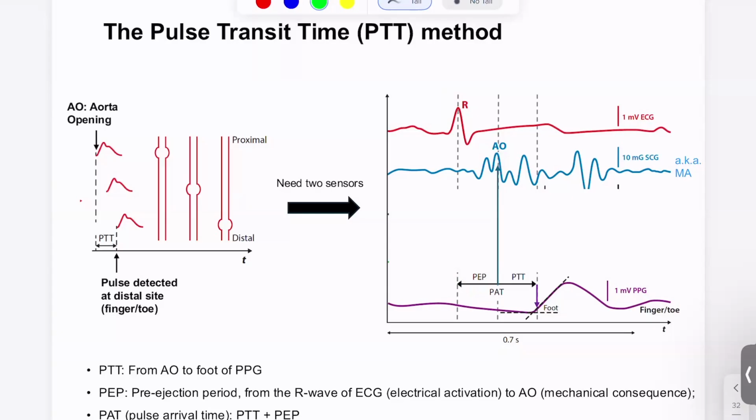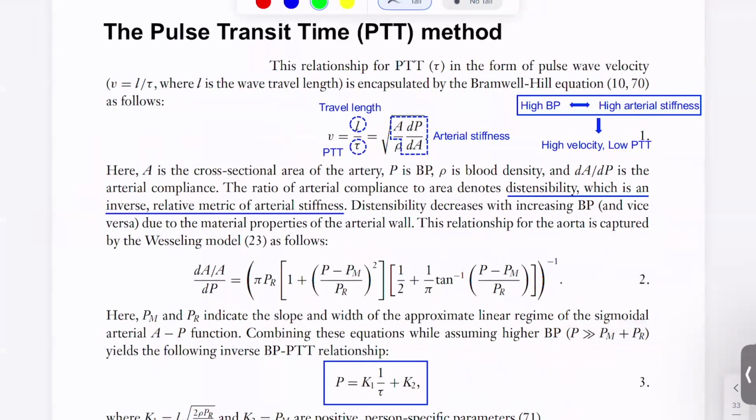So in the old days, people used R peak and PPG. That gives you pulse arrival time, PAT. PAT is essentially PEP plus PTT. PAT is based on ECG and PPG, so it's not as accurate as PTT. So these are the equations here. We don't have to necessarily go into the